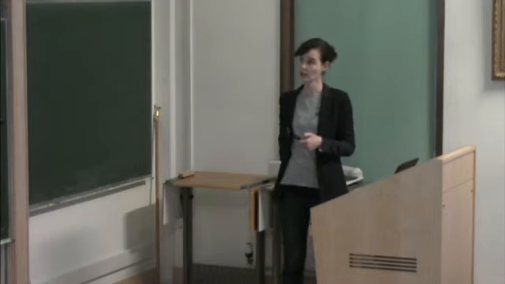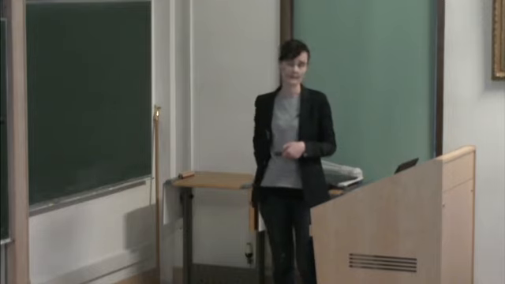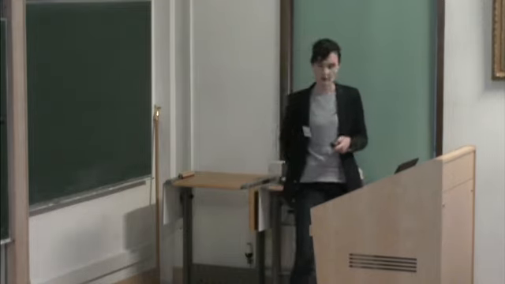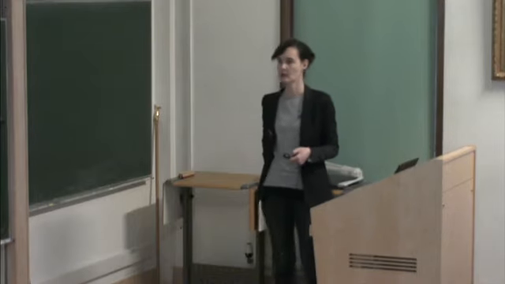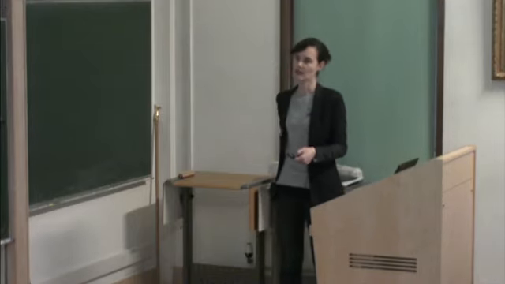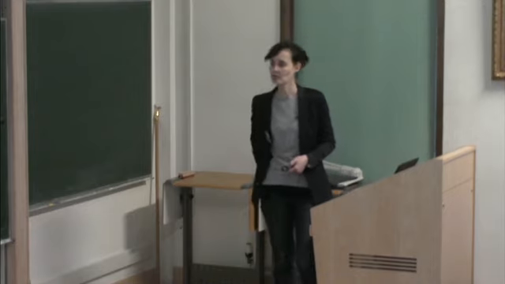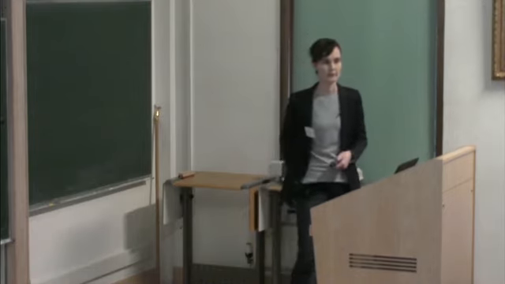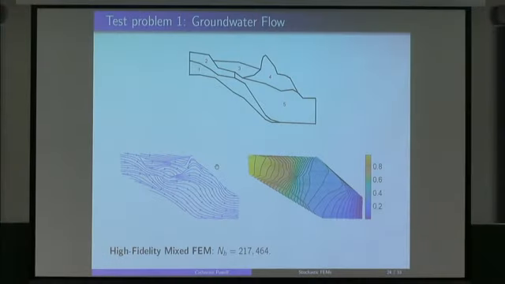So here's again a fluid flow problem through a geology that looks like this. It's got 5 different subdomains. The permeability coefficients are uncertain in each region. So we've got 5 uncertain parameters. And the finite element method has got 217,000 degrees of freedom. So if we use a standard finite element code and we put in one choice of our input parameters, we have to solve a problem of that size.